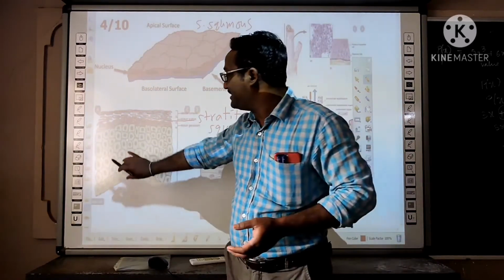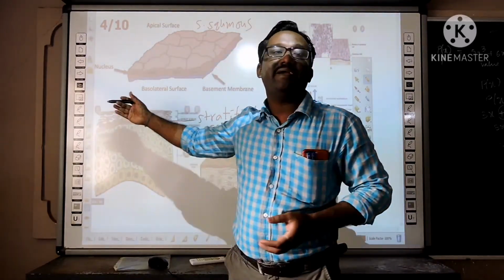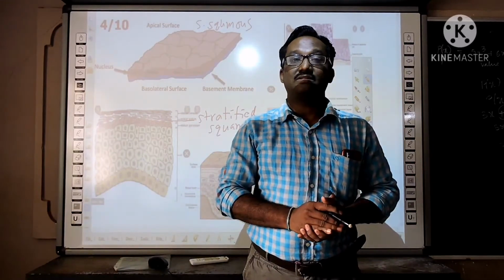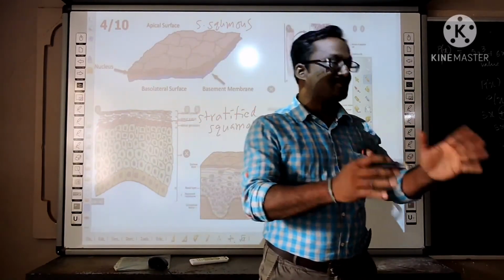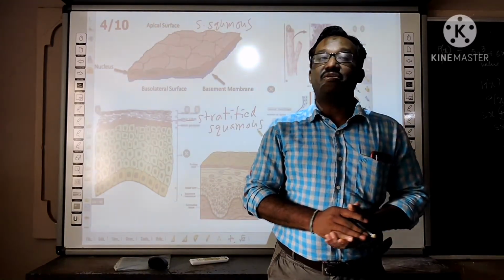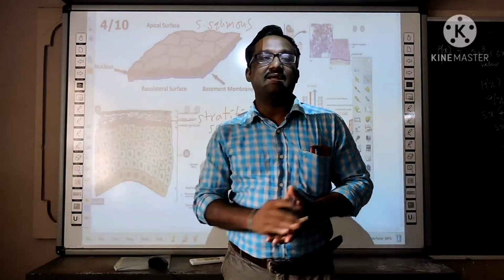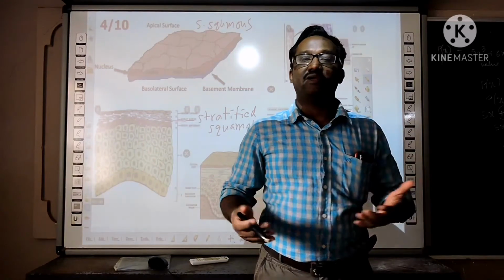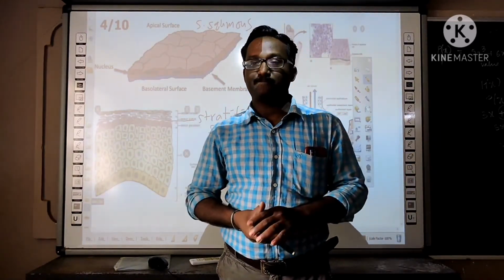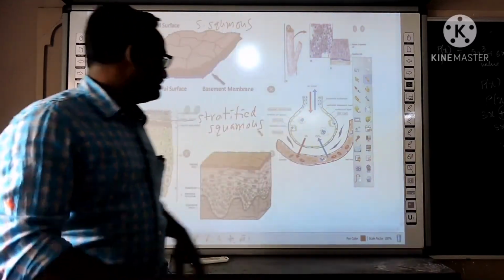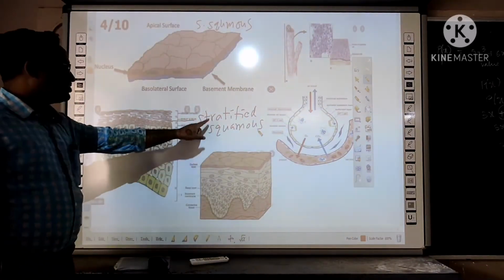Again, from these upper layers, the new layers will be formed. That's why the skin has the stratified epithelial tissue. If it is made of simple epithelial, the skin will be damaged due to the burning or any mechanical factor or injury. So it was this one present in the skin.